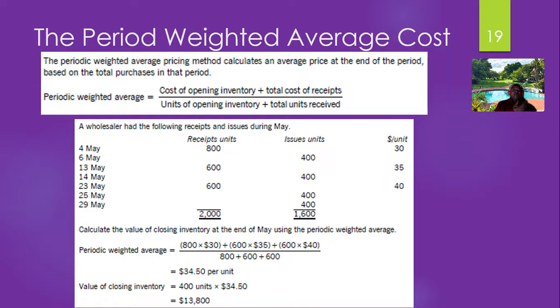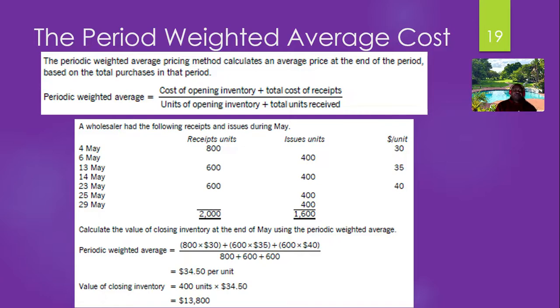The periodic weighted average pricing method calculates an average price at the end of the period based on the total purchases in that period. So the formula for the periodic weighted average cost is cost of opening inventory plus total cost of receipts, all divided by units of opening inventory plus total units